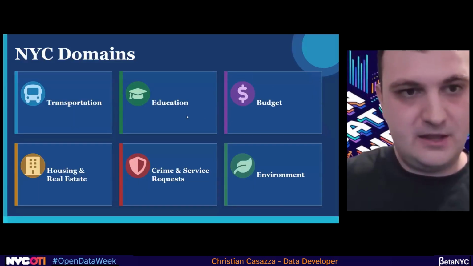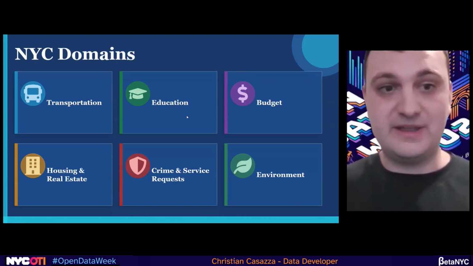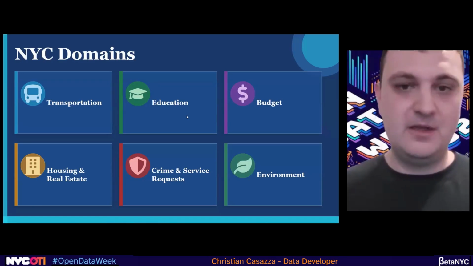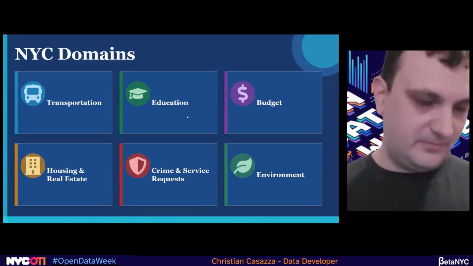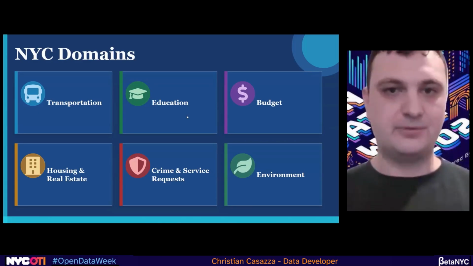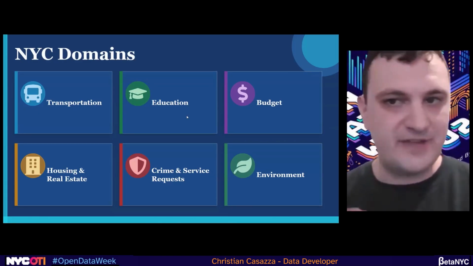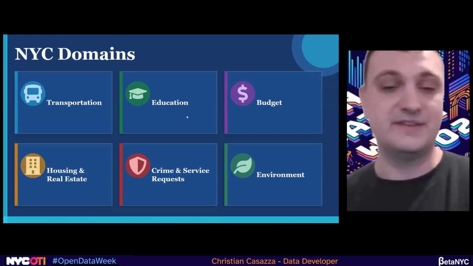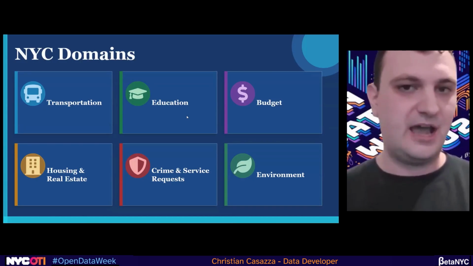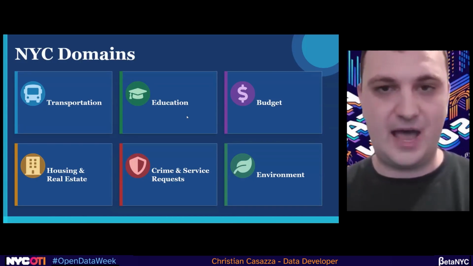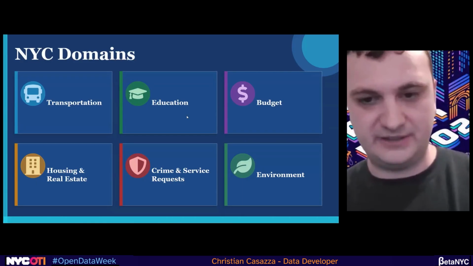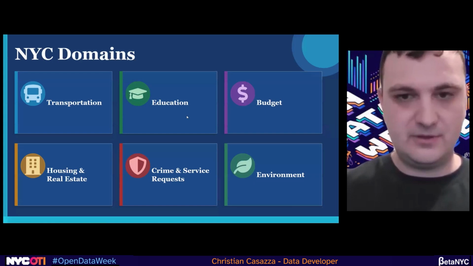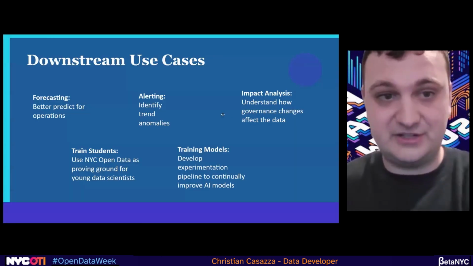Great. Across NYC, there are several different domains: transportation, education, budget, housing, crime, and service environment. Right now, when you talk to a lot of people, I see a lot of solving of the same problems over and over again. They all care about vastly different things, but at the end of the day, they all have to work with APIs the same way and grab data the same way. It's a very repeatable process. I think what we can do instead is build on top of data engineering work where you can trust the underlying data, and then focus on more value-added work. How can you actually connect the code and insights to legislation?